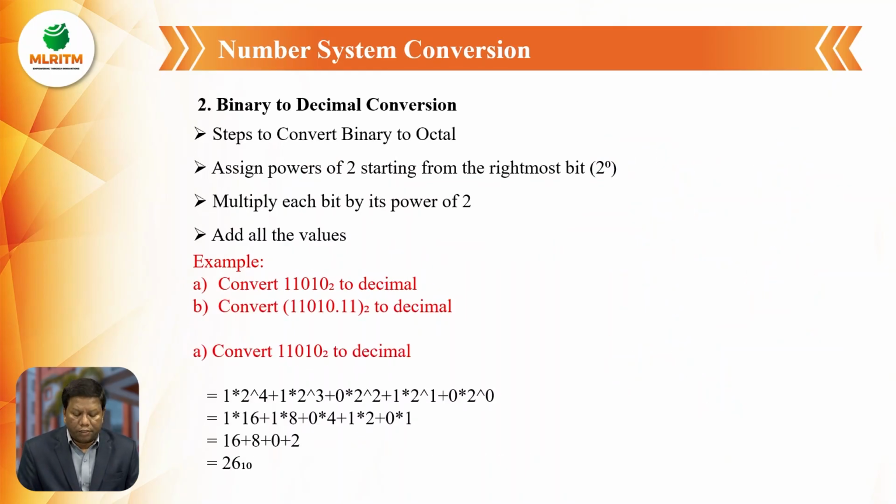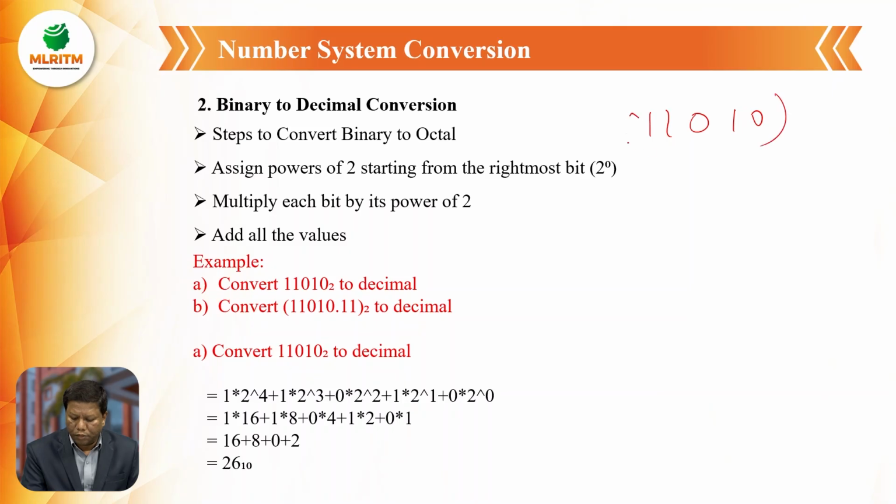Binary to decimal conversion. Steps to convert binary to decimal: assign powers of 2 starting from the rightmost bit, which is 2 power 0. Multiply each bit by the powers of 2. Add all the values. Example,